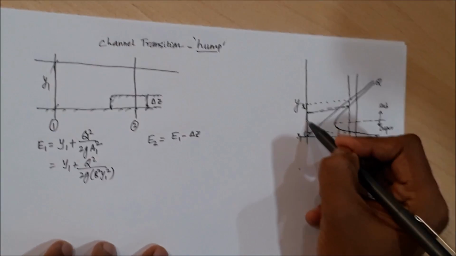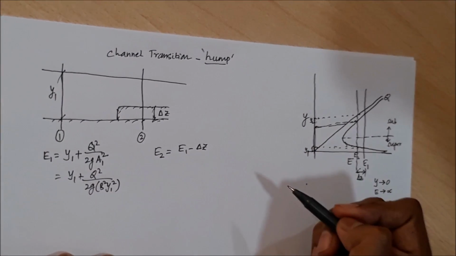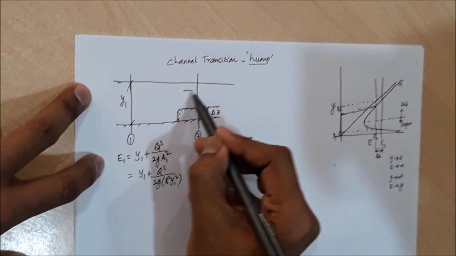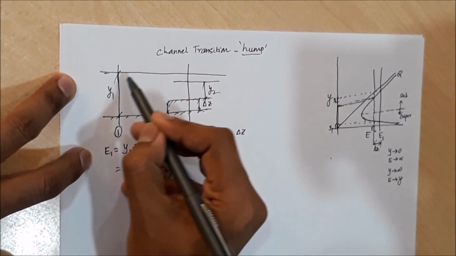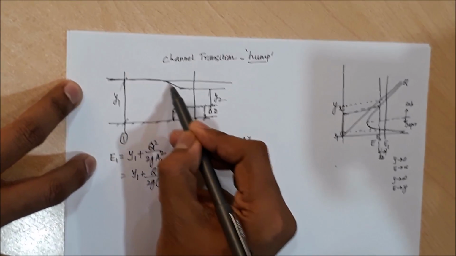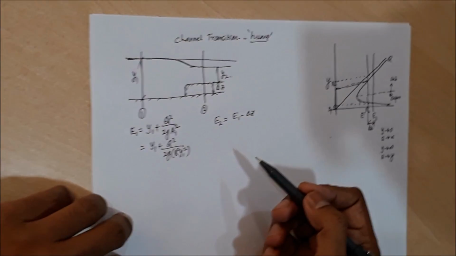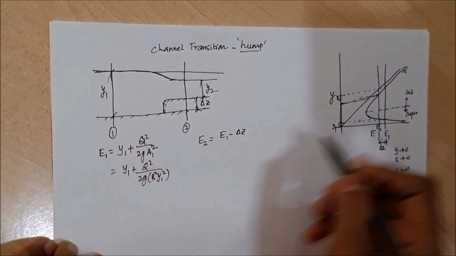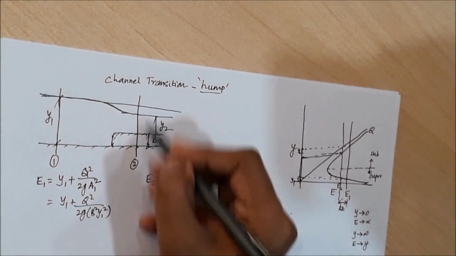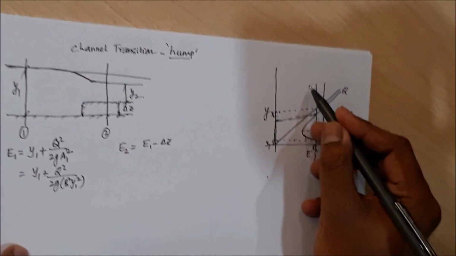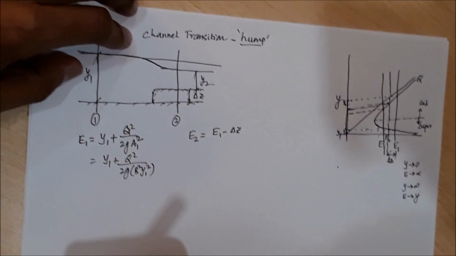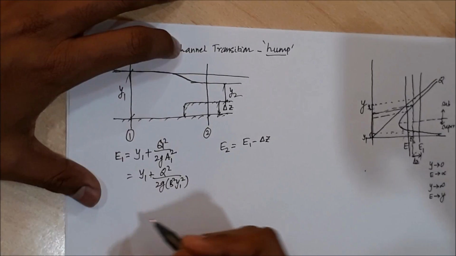So the original depth was this, and it has dropped to another depth. Let's say this is y2. So there will be a drop of depth. Now if I increase delta z further, I am reducing the specific energy again at section 2. So this specific energy line will move again to the left, and the depth will fall further. If I continue like this